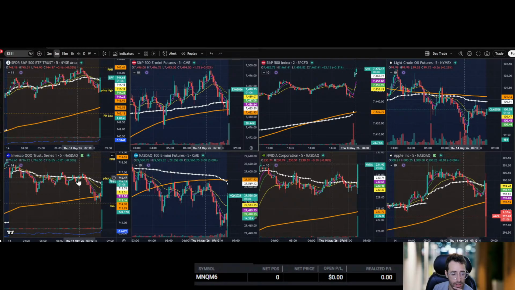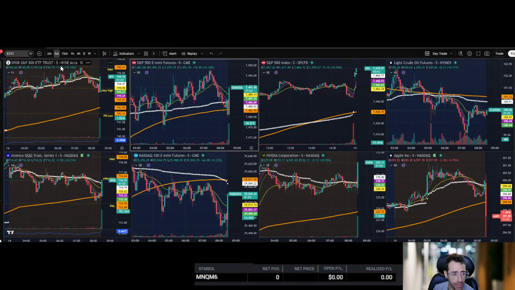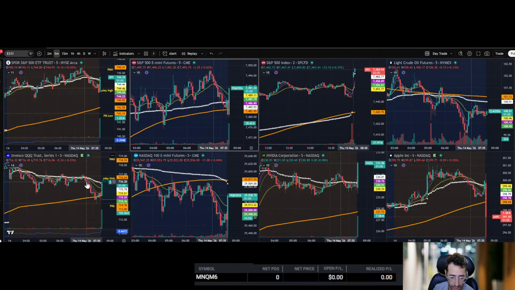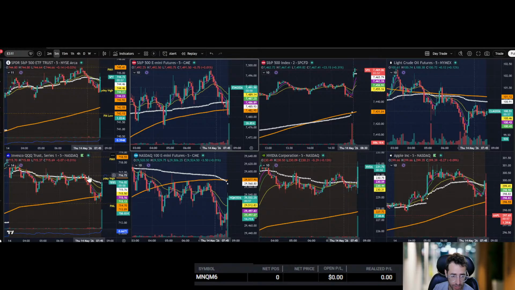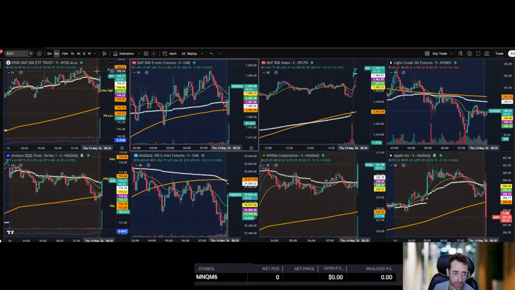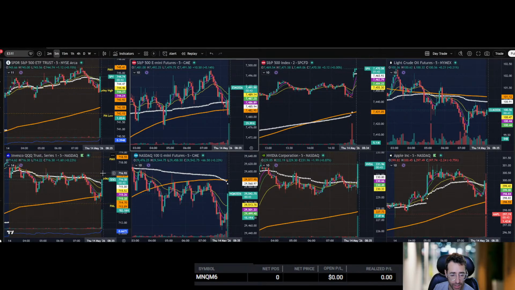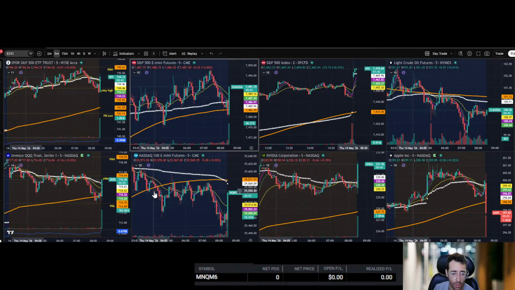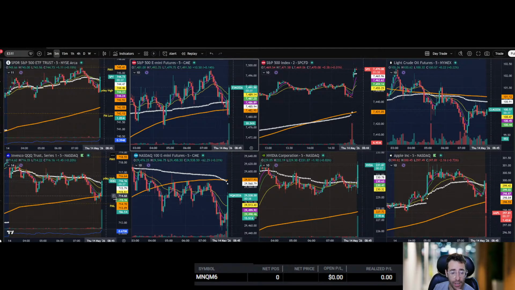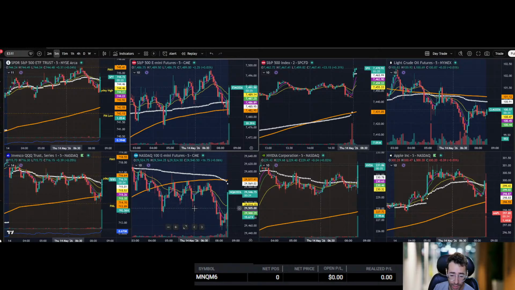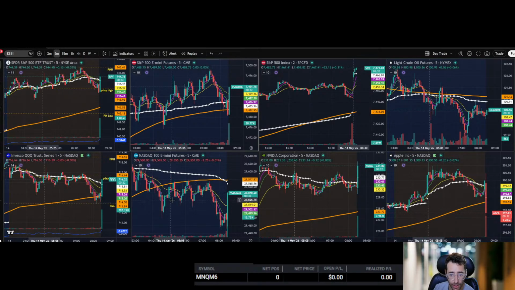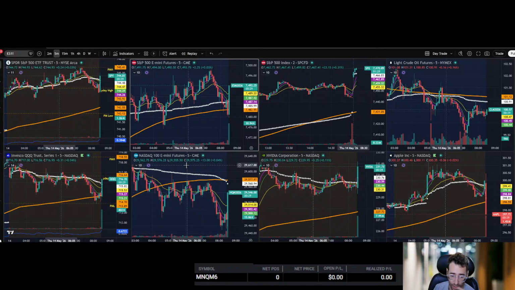We can see that the Qs are weaker than SPY because yesterday's high is up here, and Qs haven't broken yesterday's high, and on SPY it's holding yesterday's high. So it's always important to see which one's stronger and which one's weaker. If I want to take a short on NQ, hopefully NQ is weaker. And if I want to go long on NQ, hopefully NQ is stronger. That kind of makes sense.